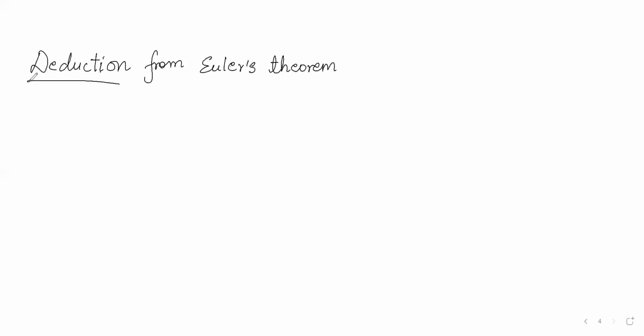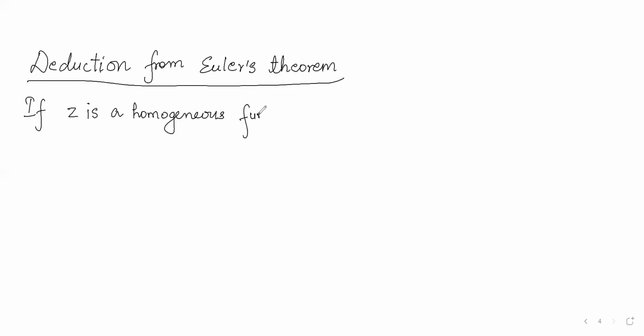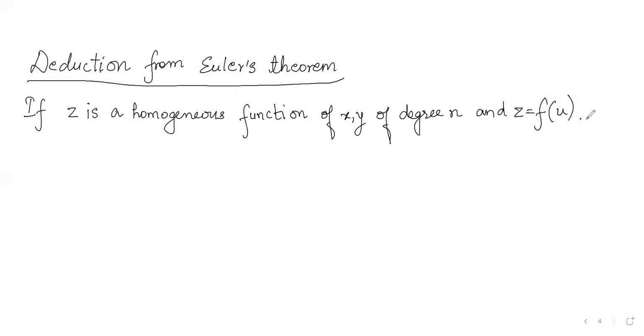So deduction from the Euler's theorem: we can write that if z is a homogeneous function of x, y of degree n, and z is equals to f of u, then